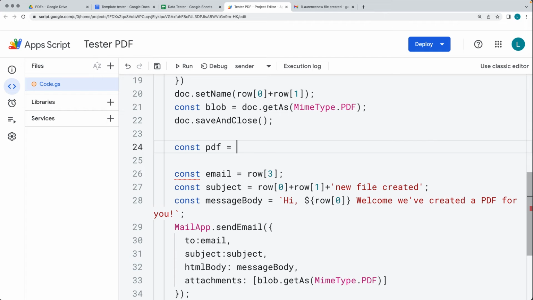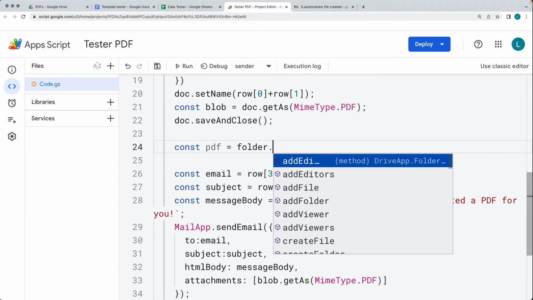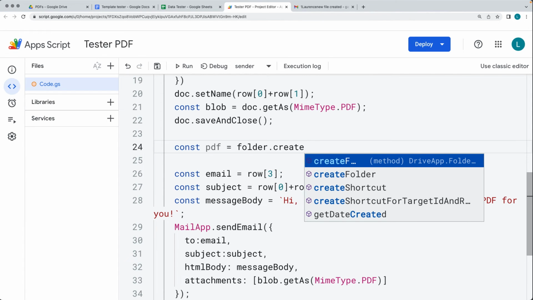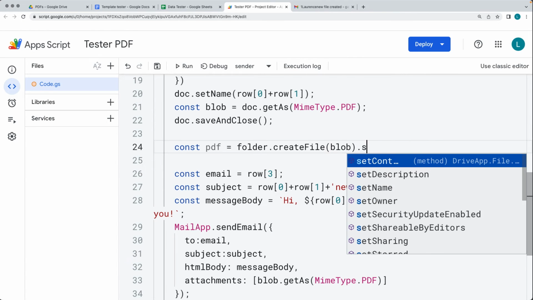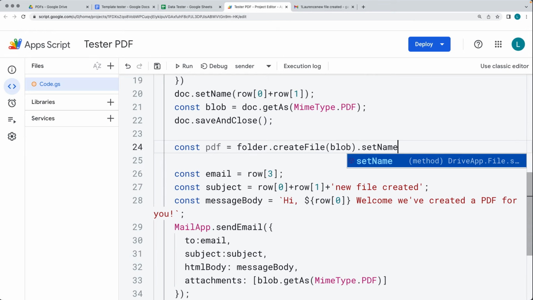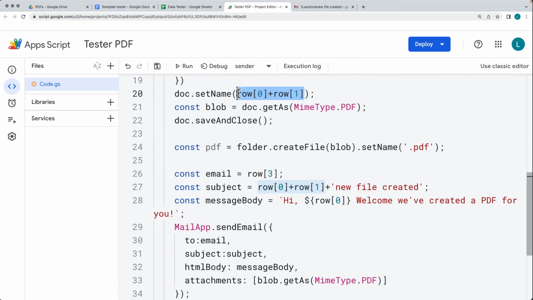So here is where if you want to add in the PDF, and if you want to do something with the PDF, you can not use the setting as a variable and just use the folder, and this is the folder that we're dropping it into. So what we want to do is create a file from the blob, and we can set a name of the file. And because this file is going to be a PDF, we'll set it as extension PDF, and we can use the same string values here for the name of the PDF. So what this will do is create a PDF,